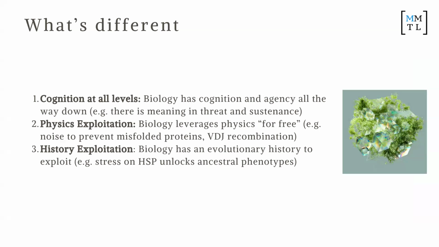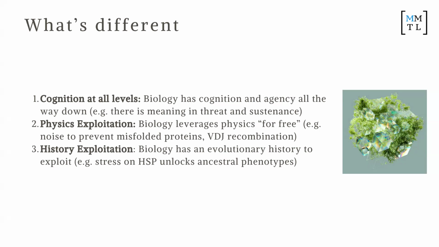Now, what is different? So number one is that there seems to be cognition at all levels in biology. So there is the concept of survival for a human, for a tissue, right? For individual cells, right? Everything all the way down has agency. It has survival. It understands what food and nutrients are. It has desires. It has things that it wants to do. It has actual movement, right? Well, AI doesn't seem to have that. Okay, so that is distinction number one.